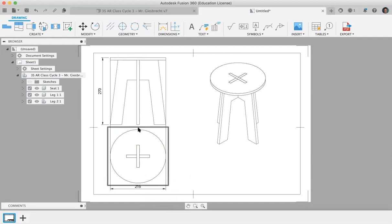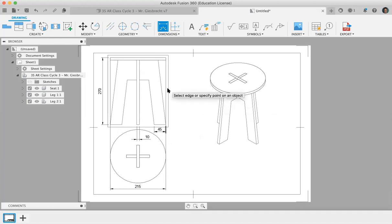I'm also going to show the thickness of the wood. So just by dimensioning here and here, and I'm going to pull it down so people could see that it lines up below. That is 10 millimeters all the way through, 1 centimeter. I might also show the thickness of the leg by clicking on here, and then